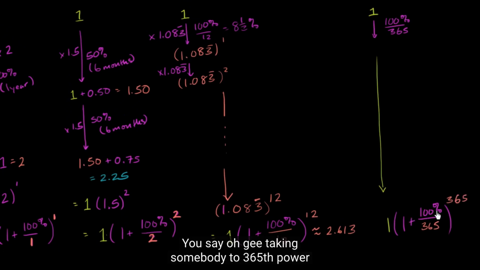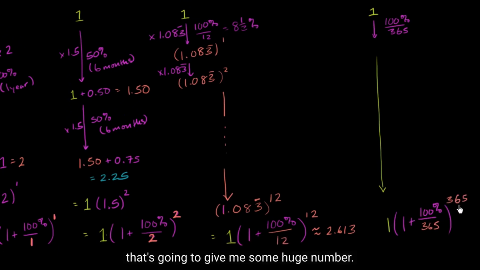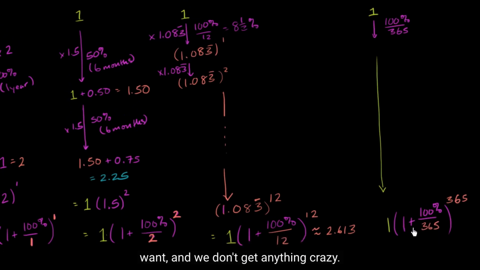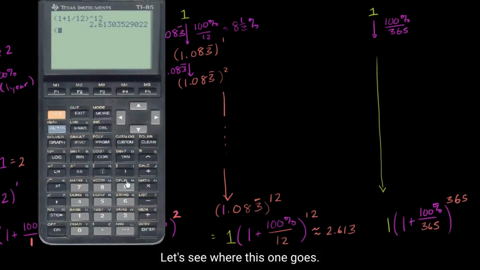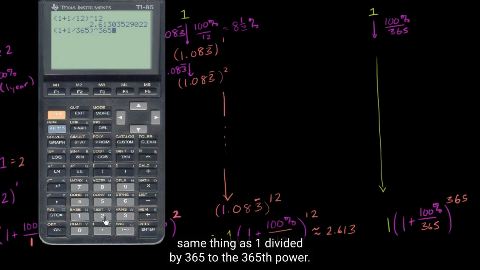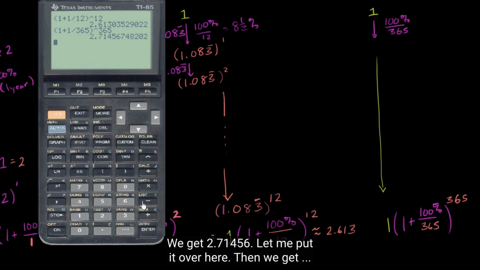So the 365th power. And you say, oh, gee, taking something to the 365th power, that's going to give me some huge number. But then you say, well, actually, maybe not so bad, because 100% divided by 365 is going to be a small number. This thing's going to be reasonably close to 1. And obviously, we could raise 1 to whatever power we want, and we don't get anything crazy. So let's see where this one goes. So this is the same thing as 1 plus 1 divided by 365 to the 365th power, and we get